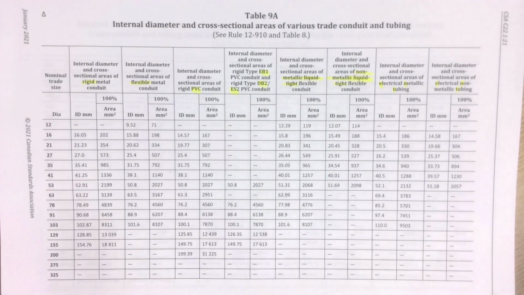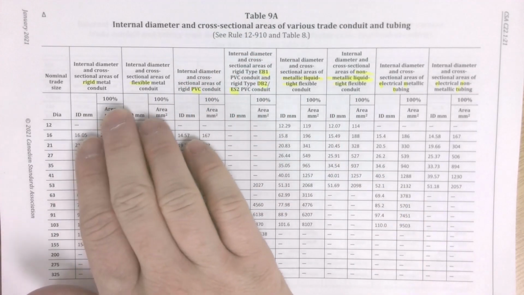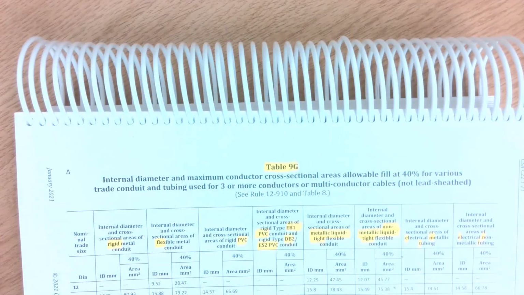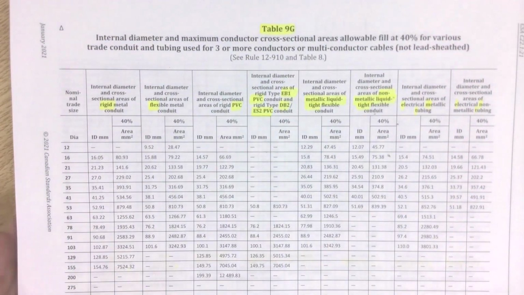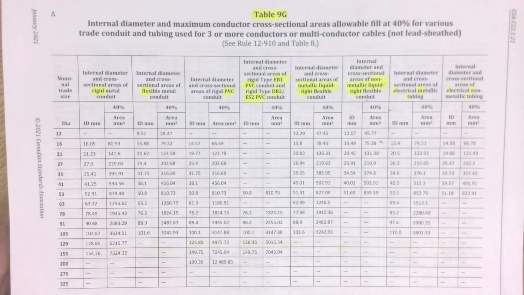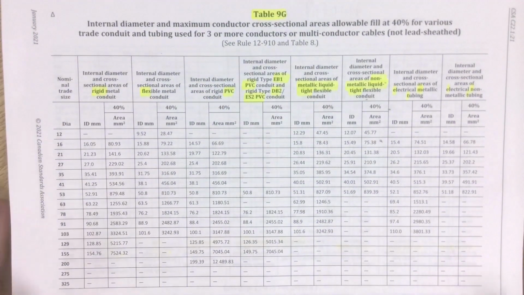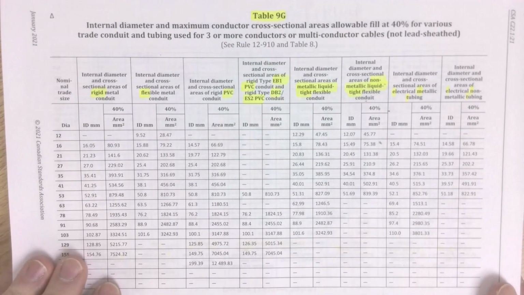We never fill the conduit to 100%, but table 9 gives us those areas should we need it. The table that we deal with most commonly is usually because we have 3 or more conductors in a conduit or tubing. There's not much point to put up a piece of 3/4 EMT just for one wire. I mean, if that's what's needed, that's what's needed, but usually we have multiple wires in a raceway. If you're going to go to that effort, you're going to put as many conductors in there that you